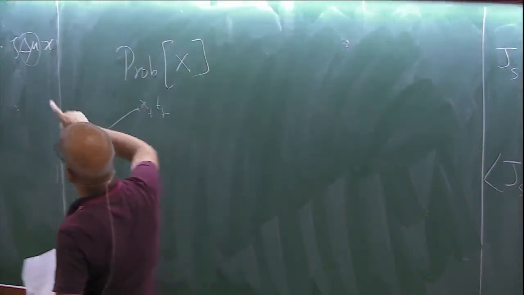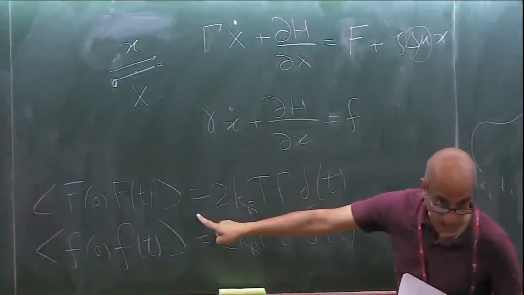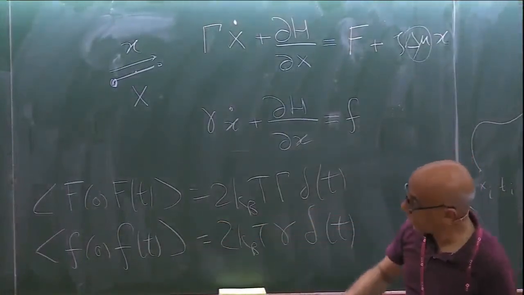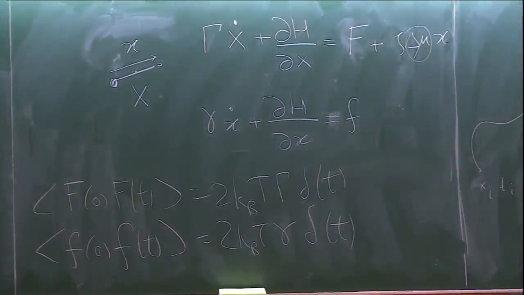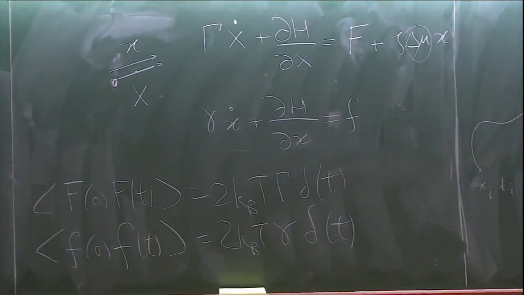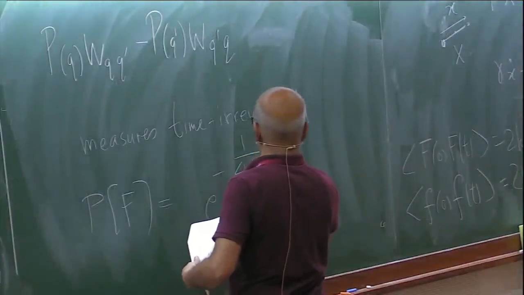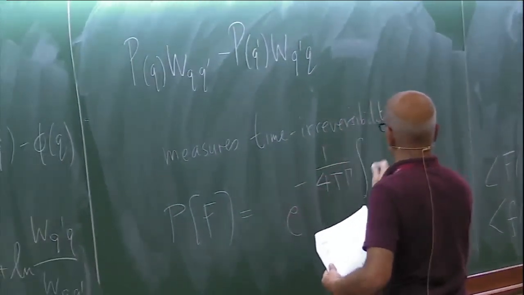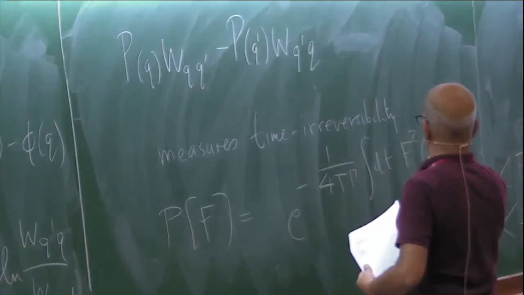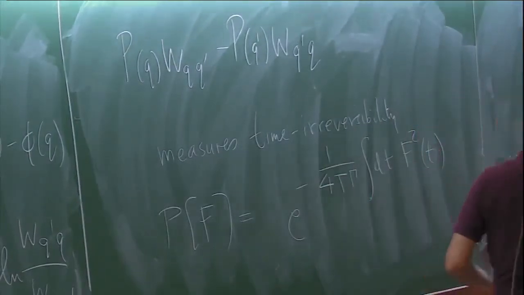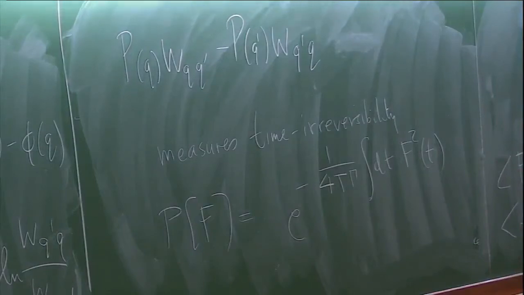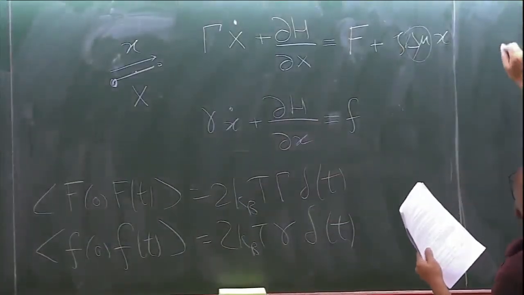I claim we actually know that because I told you how these forces are distributed. Recall I told you in the last lecture that, for example, the probability distribution of that force capital F is e to the minus 1 over 4 T gamma times the integral dt F squared of t. Okay. So let me just assert, therefore, that the joint probability distribution of big X and little x will be